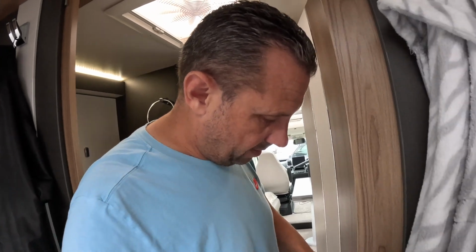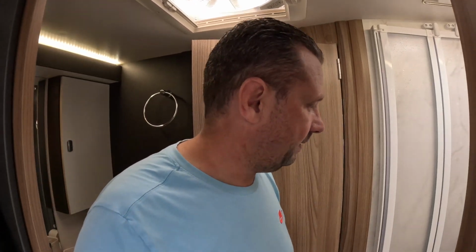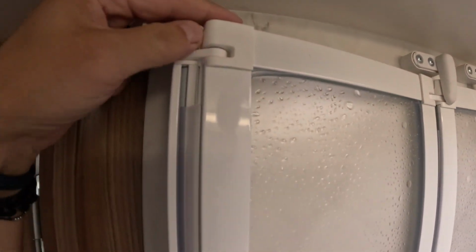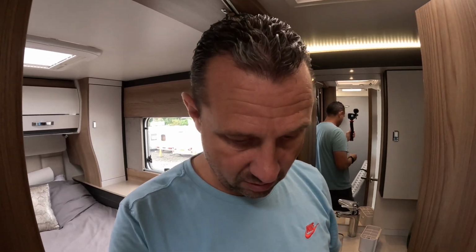So I'm not going to show you a bathroom clean as such, but just a couple of things, you know, of why it's important to go through your van, if it's cleaning it or if it's not. So on the shower floor, we're finding these little clips. Now, from what we're working out, they're from the bottom, but at the top, they're just clips that go into these bits. And they seem to be popping out probably when we're driving, so that's just movement, and they're coming out. So I'm going to look at a way of fixing them in, because it's not the first time, which means just pushing them back in is not good enough. I'm going to have to maybe glue them in or something like that,